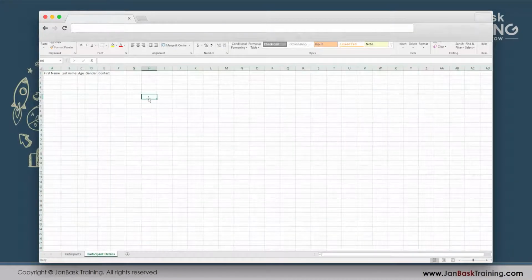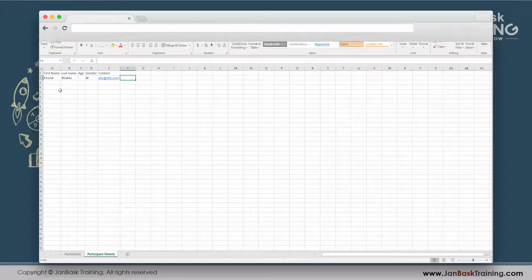If I want to maintain a more detailed sheet, I can do this. This is another sheet, which will have another purpose completely. So it will be something like Krunal, age, anything that I want to enter, gender male, contact abc@abc.com. Whichever way I want to create this sheet, by the number of participants, I can just keep filling in this information over a period of time.